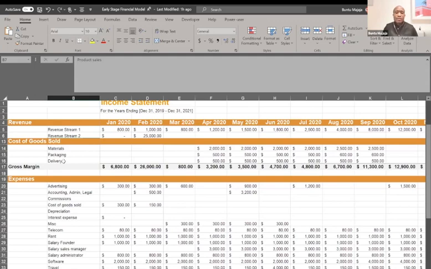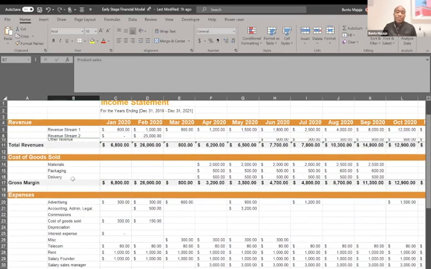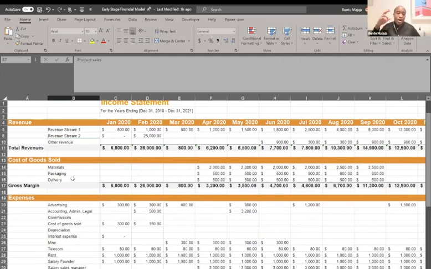So that's material, packaging, and so on. All those things will come in here, because then you immediately subtract them from your revenue, and then you get your gross margin, which is your income before your fixed expenses.